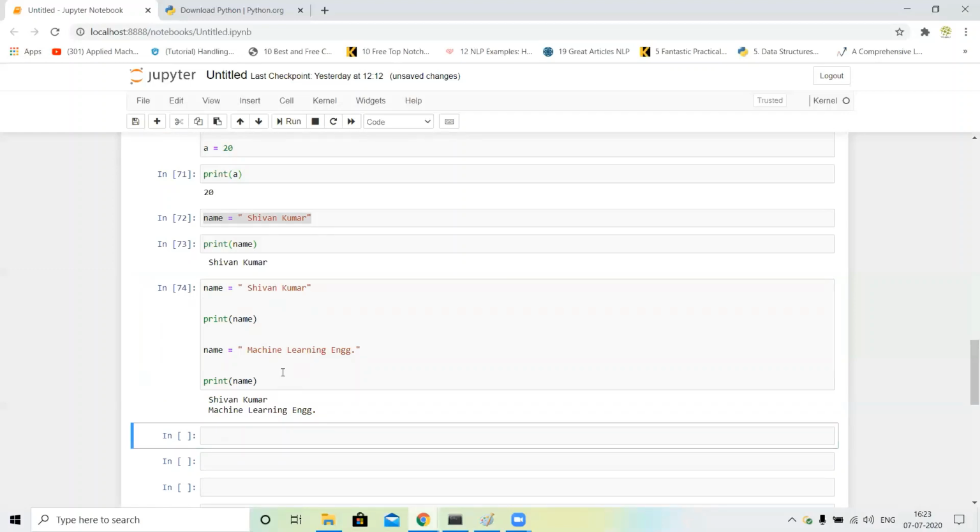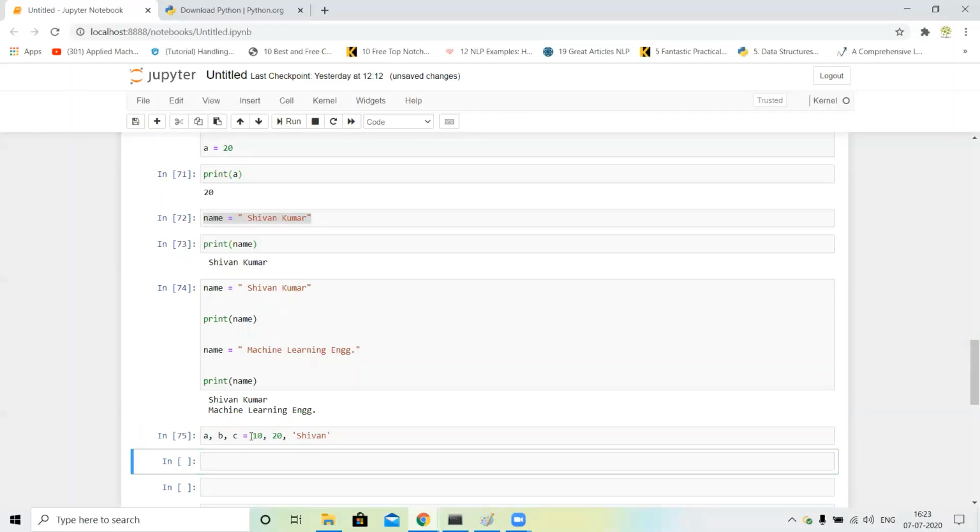Next, we are assigning multiple values to multiple variables in one line of code. Like we assigned a, b and c is equal to 10, 20 and some string like 7.